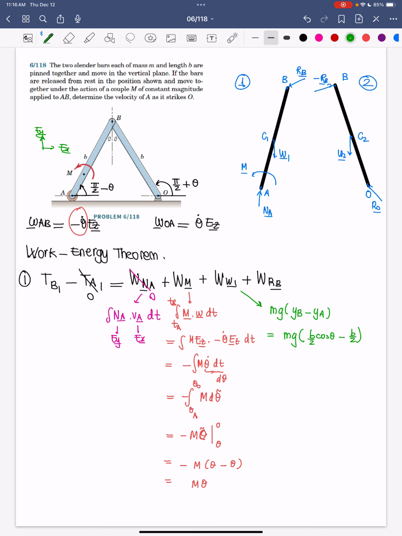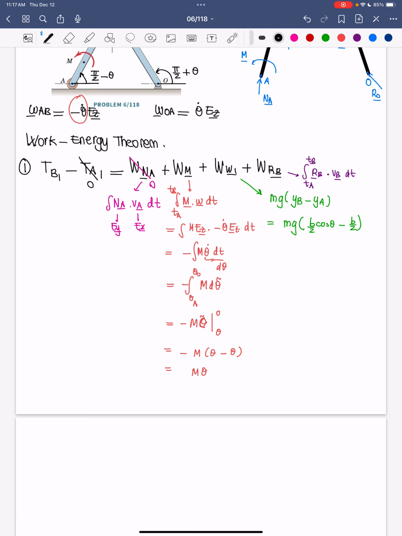Let me double check, this is indeed negative, so I think I have this right. And the last term, the work of RB, we just cannot calculate because we do not know the speed of VB. RB is changing in time. Nothing is conservative here. So we'll keep it for now. Okay, very well. Now let's write the work energy theorem for